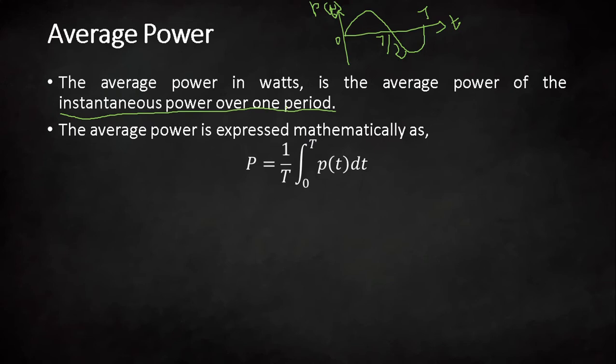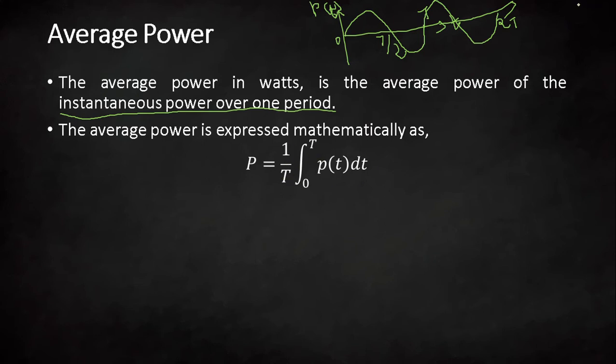Okay, so how can we find the value of average power? Mathematically we can represent power P as one period, that is t, from 0 to t. If we extend this signal, then here it will be 2t. In that case, we can write 2t minus t, that is also t only. So one period is always t, so we always have to divide this equation by t only.